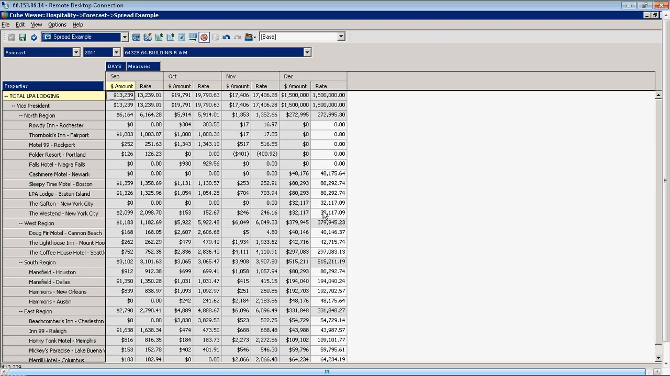But this is also useful after, say, a forecast is rolled up and submitted. In this case, this company is looking at the building repair and maintenance account forecast for the current period. So all the locations at this point have submitted their forecast. It's been finalized and it's been rolled up. And as of right now, the company's sitting at a $1.5 million expense for December of the year that they're